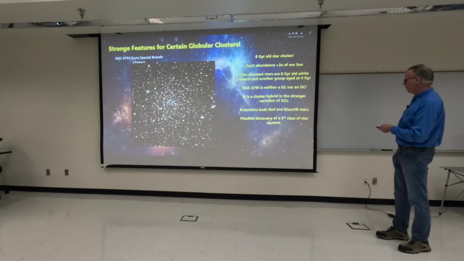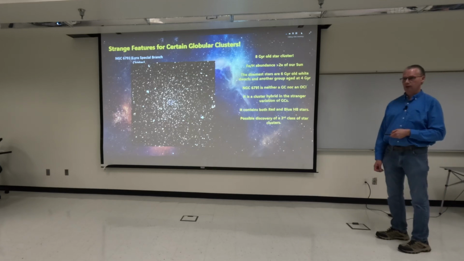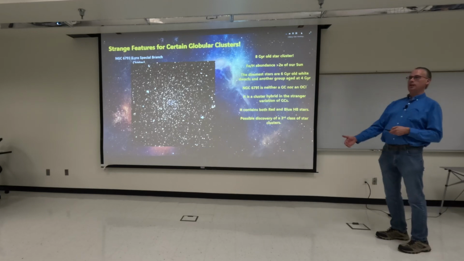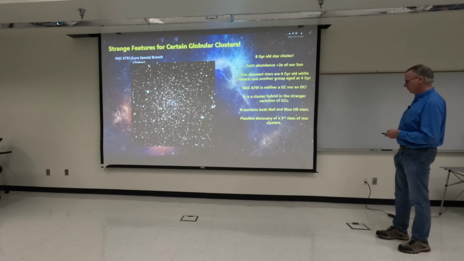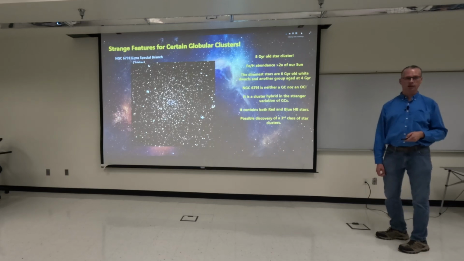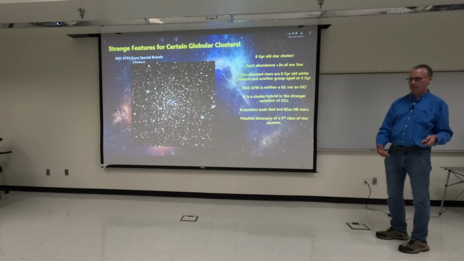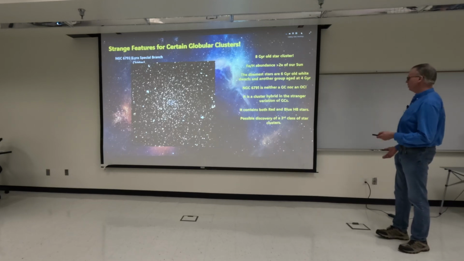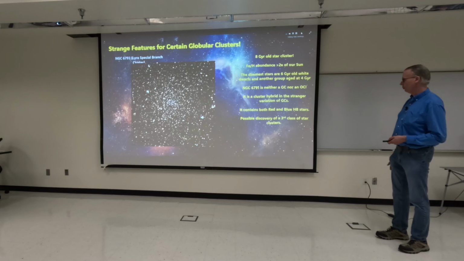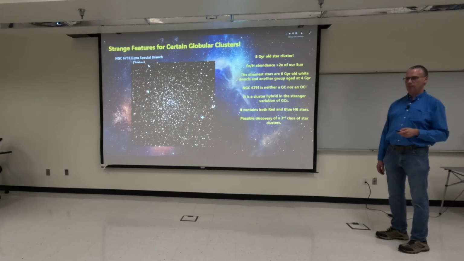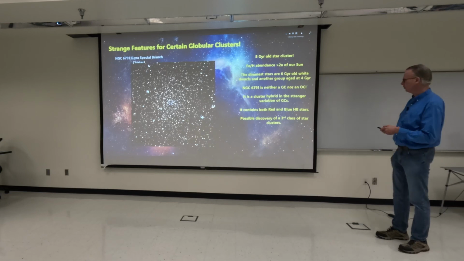The red horizontal branch stars, that's indicative of globular clusters because of their age. But open star clusters are younger, so they would have the blue horizontal branch stars. So we're finding stars that we find in both open and globular star clusters. So there's actually a few papers that were published saying this may be the discovery of a third class of star clusters. Neither open, neither globular, maybe some sort of a hybrid galactic supercluster or a galactic exotic cluster, because it contains the horizontal branch stars that we find both for open and globular star clusters.